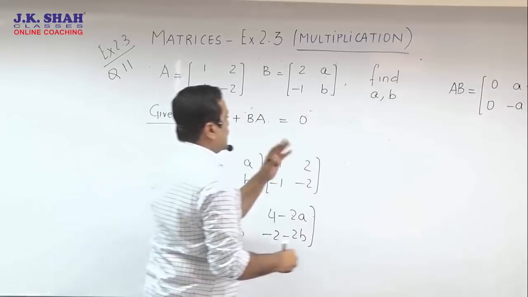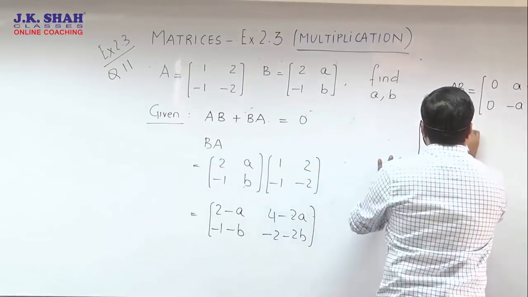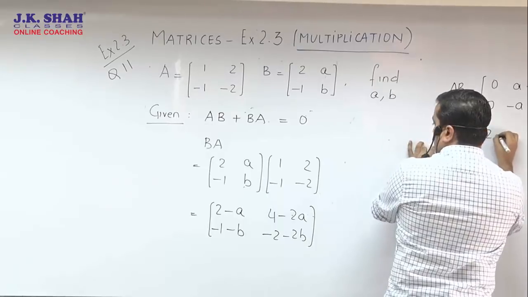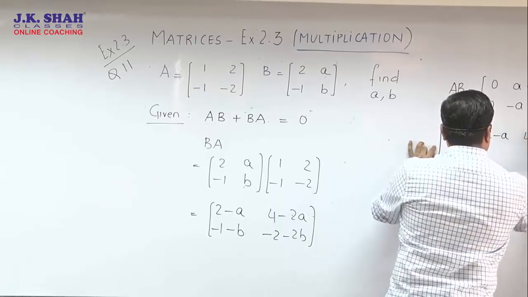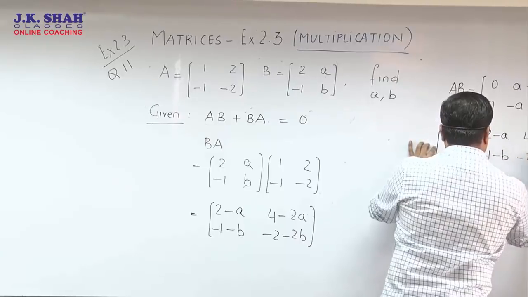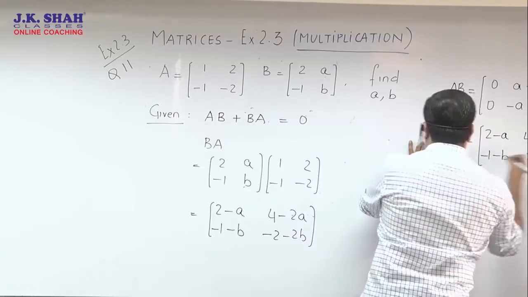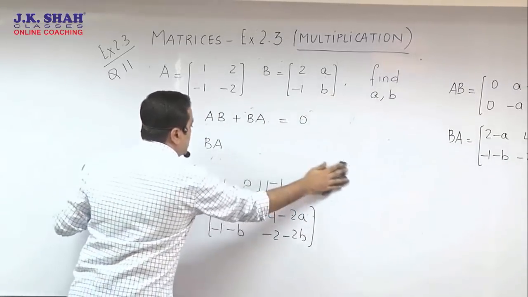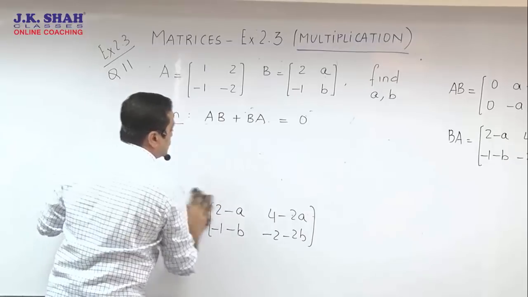So once again, I'll copy my BA matrix over here. And then we come down to the final equation. It's 2 minus A, 4 minus 2A. I do understand most of you must have got the same answer. अभी तो आना चाहिए, इतना multiplication साथ में किया है. So I do expect such small kind of multiplications you are going to hit right.